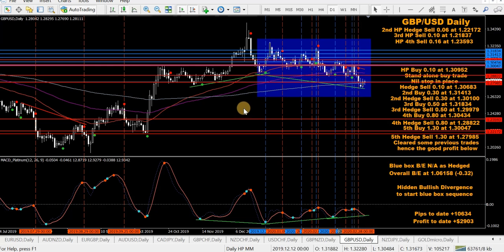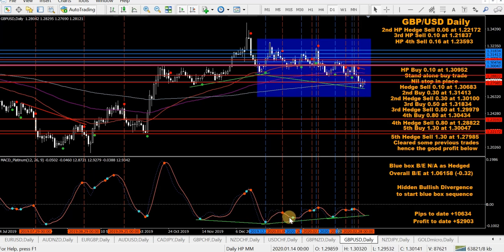Now, pound USD, problem pair, probably my biggest problem pair. You can normally tell it's a problem pair by all the writing on the right-hand side of the chart. A lot of trades happening. And I've got three old dangling sell trades down here. So if this thing fell off a cliff, I would love it, because then it'll get rid of these three trades. I've got a bit of profit locked in on this pair, so it's not the worst case scenario, but